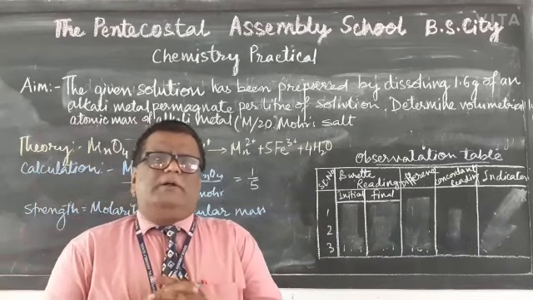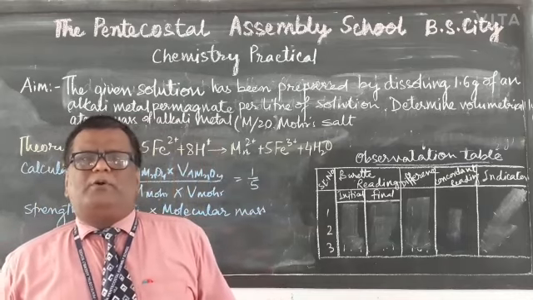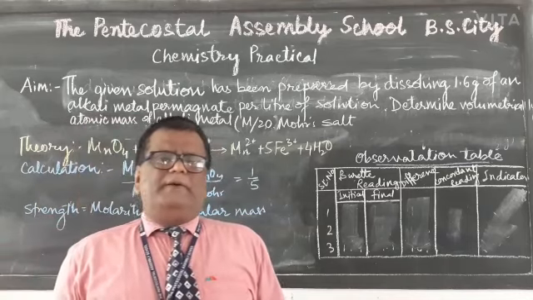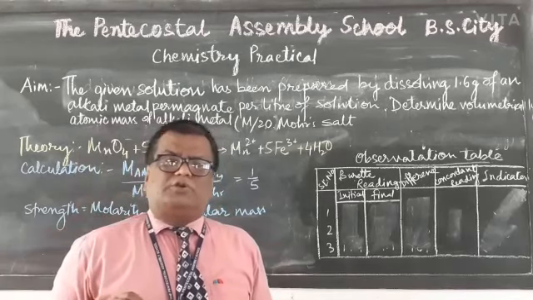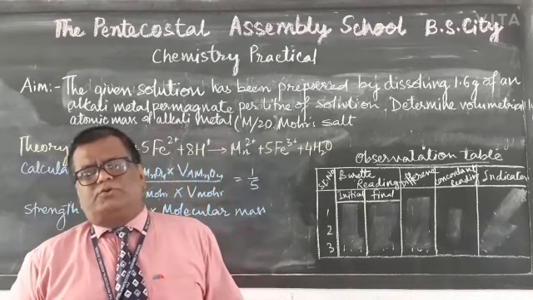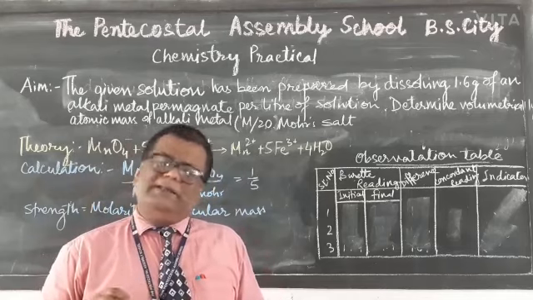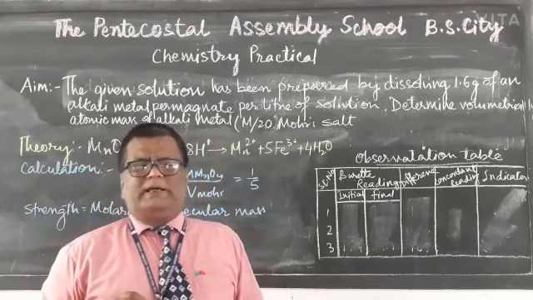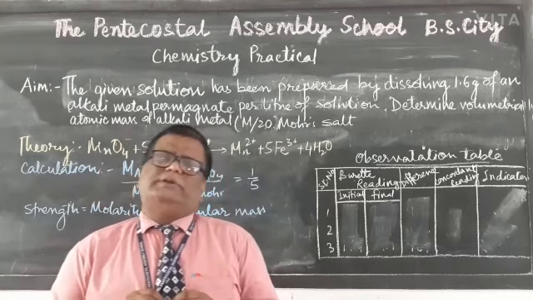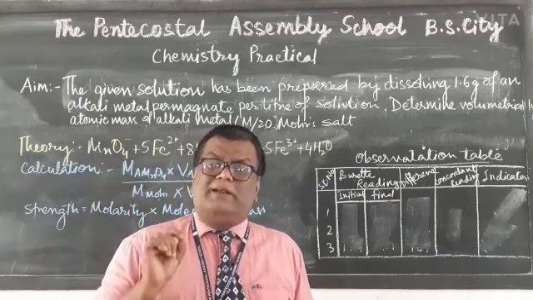Now move to the experiment part, where again I want to tell you the AMnO4 should be in the burette and 20 ml of Mohr salt should be in the conical flask, and 1 full test tube of 4N H2SO4 should be added to make it acidic. Then the initial reading is noted down, and then titrate the Mohr salt with AMnO4 until the color changes to permanent pink. Now let's move towards the experiment part.